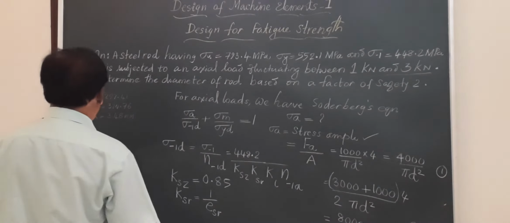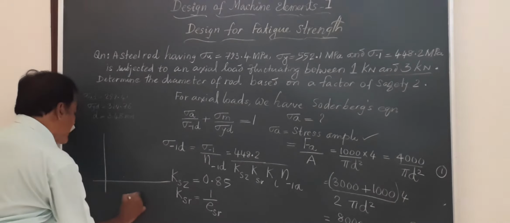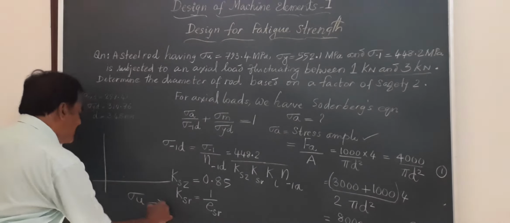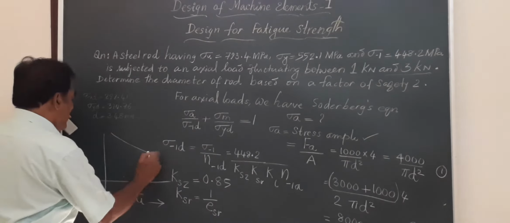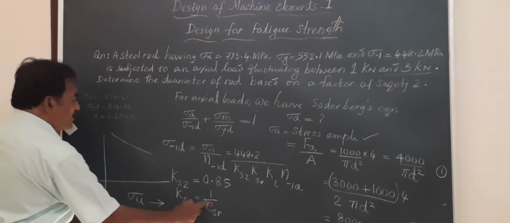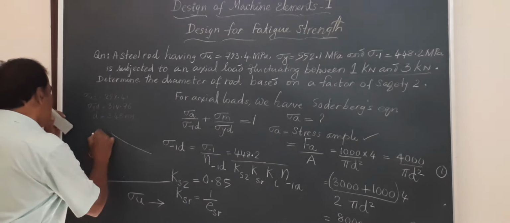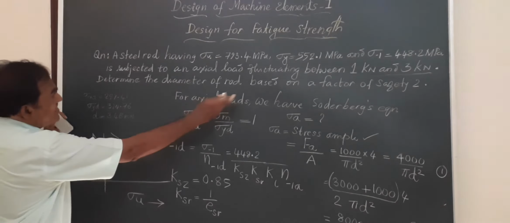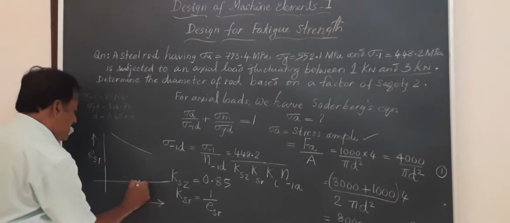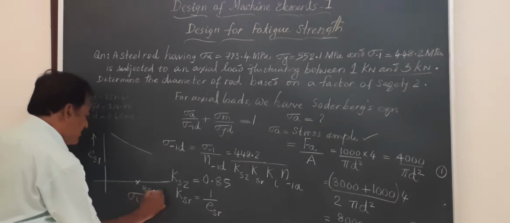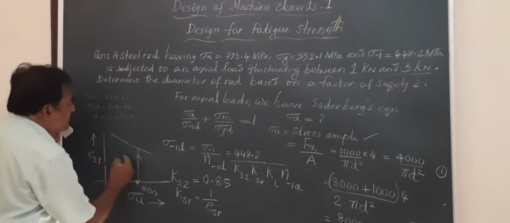ESR stands for the surface coefficient. Friends, if you have the ultimate strength of the material, there is a table in the data handbook, a graph, which will give you the value of this ESR on the y axis. So if you know the ultimate tensile strength, which is given as 793, approximately say 800, you can draw a vertical line till the many curves there.